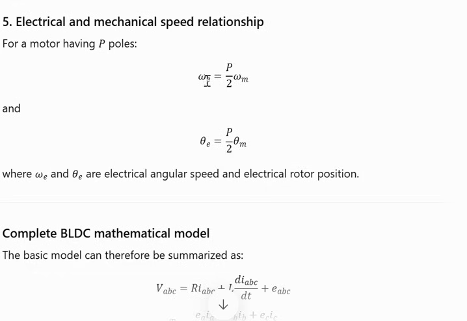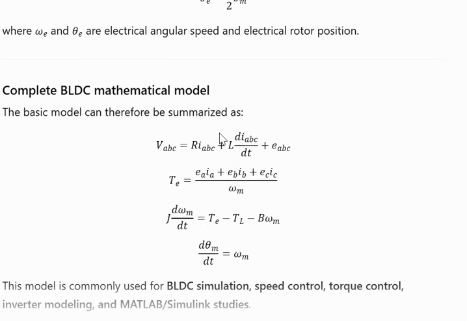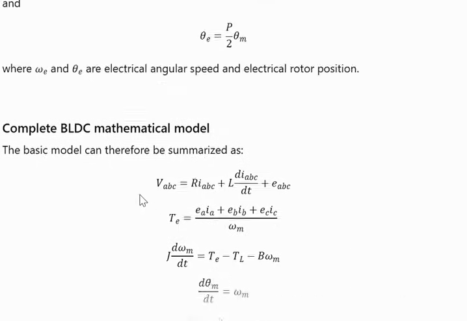This is given by omega E equals P/2 into omega m, and the rotor position is given by theta E equals P/2 theta m. So this is the complete BLDC mathematical model. This is for voltage, this is for torque, and this is for the electromagnetic torque relationships, and finally as